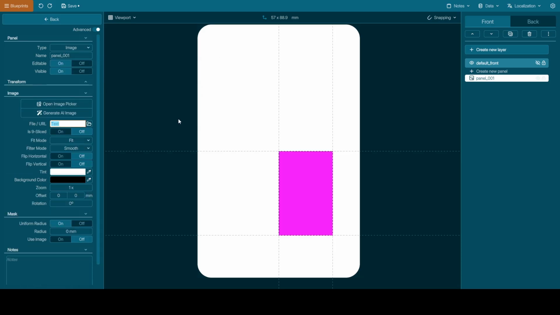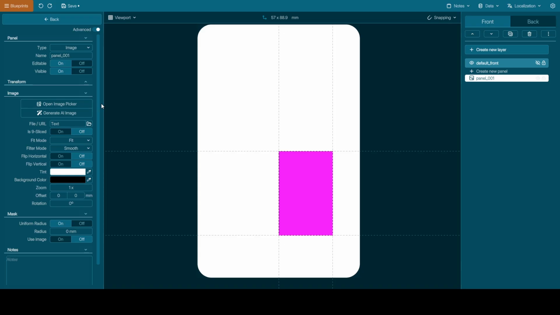So you need to click this advanced so you can change the type of the panel and use image. One thing I've noticed is that you cannot do gradient backgrounds directly in Tabletop Creator, so you need to have an image that has some gradient, and that's why I choose an image here.